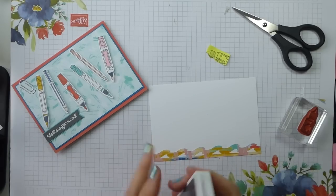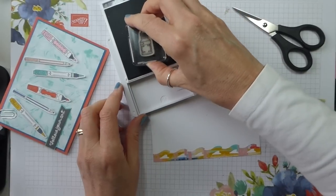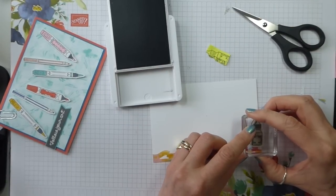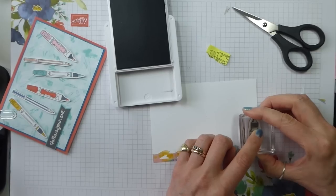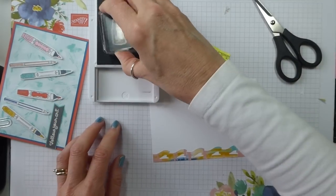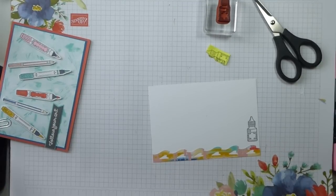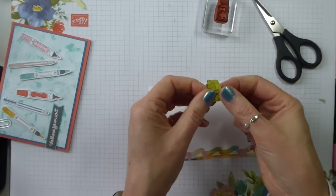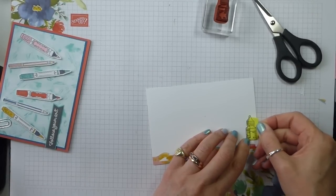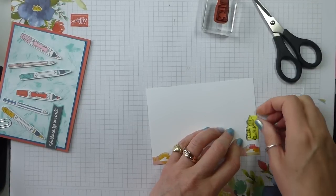Right, so basic grey ink, ink it up, stamp your first bottle, and I'm going to ink that up whilst I'm waiting for that to dry, and take my mask, and I'm lining this up with where the stamped image is, not to the edge of